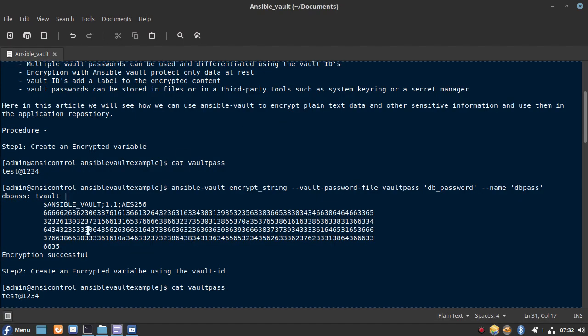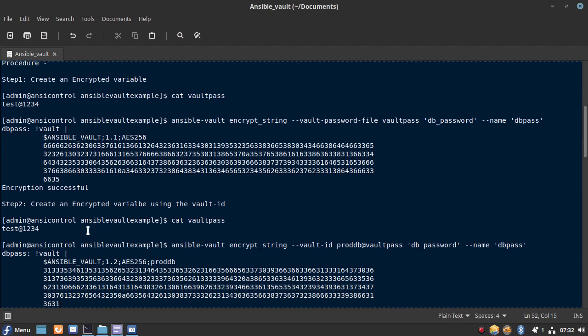Okay, so let's go to our next step. What we want to do is create an encrypted variable using vault id. As I said in my initial talk, vault ids are basically reference labels that we attach to the passwords.